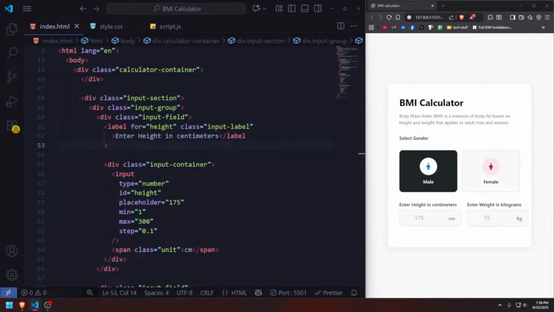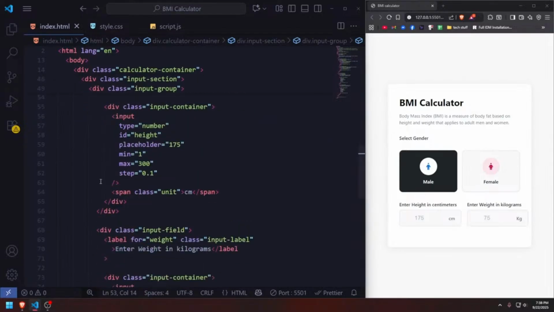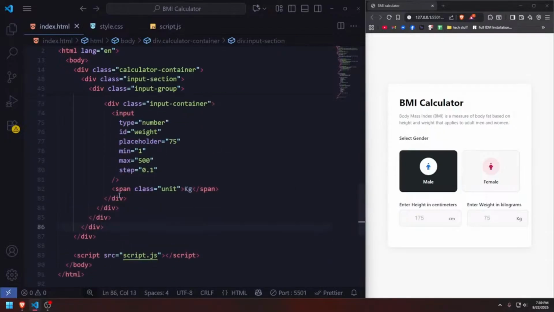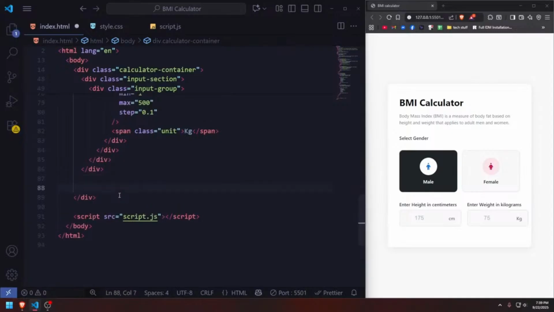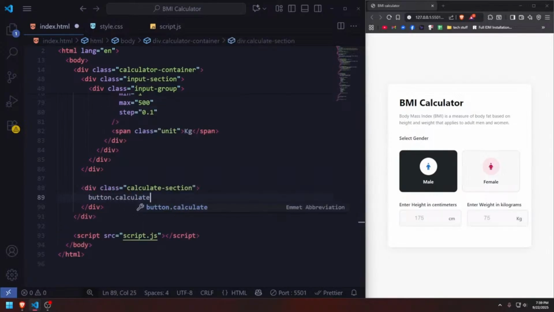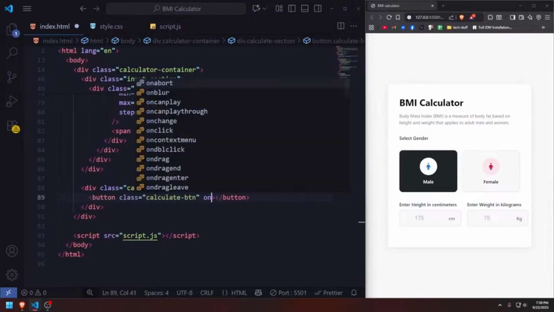Okay, so let's move on to next section, which actually is the last section. So this is a calculate section. We also need a button, right? That basically calculates everything. So what I'm gonna do here is make a calculate section. Inside this, I'm just gonna make a button with a class of calculate button, and also have an